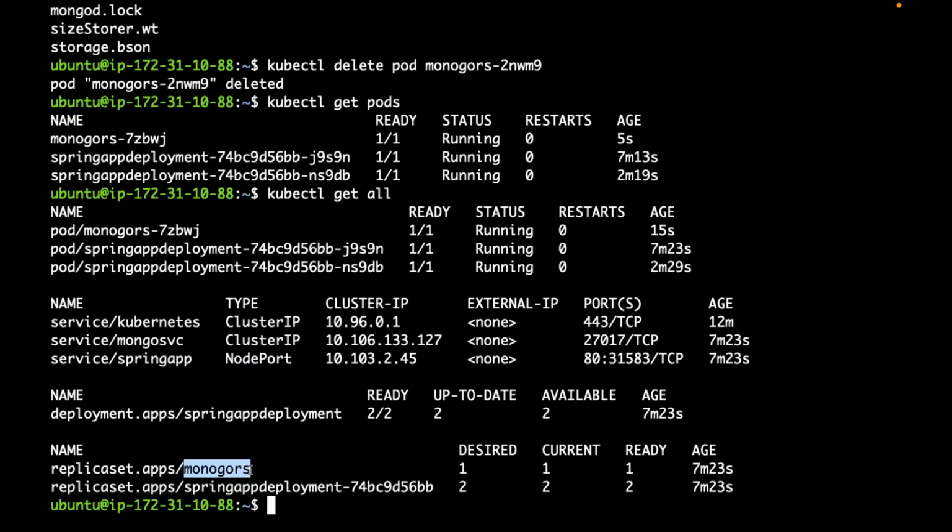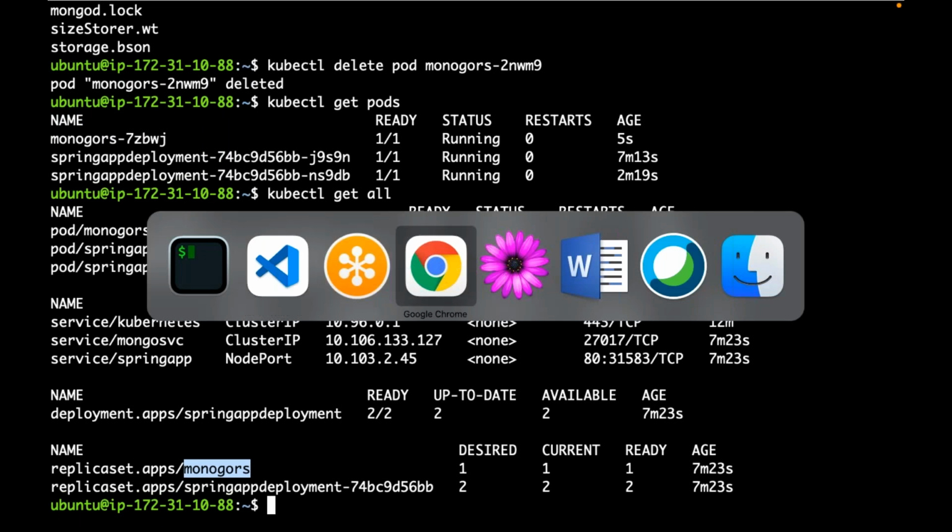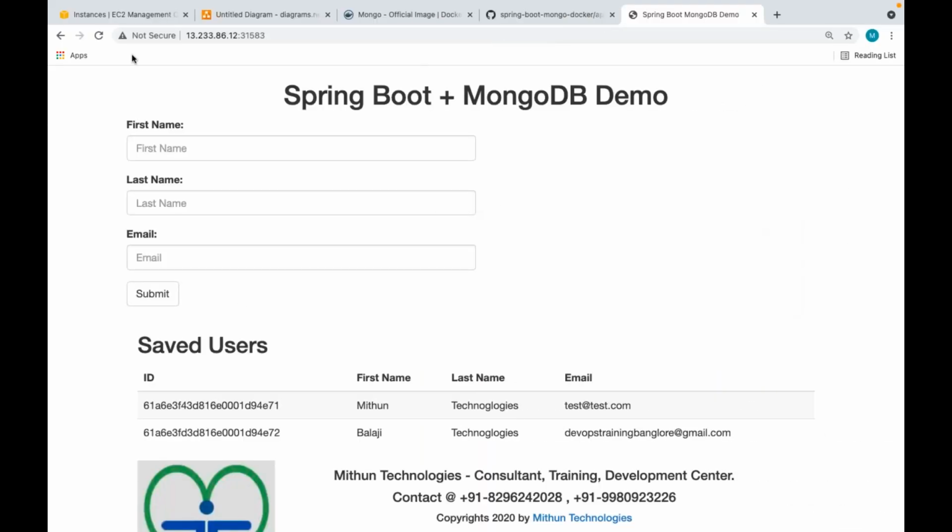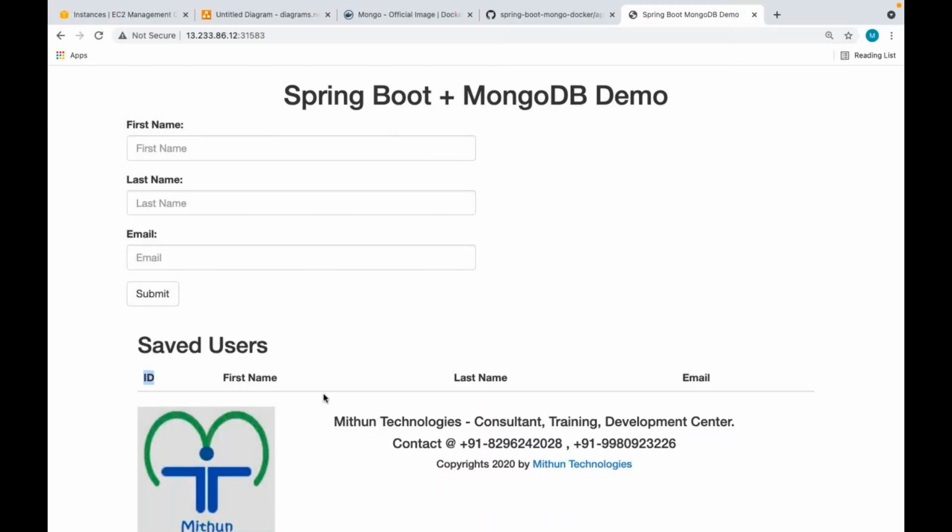Does this RS look after that pod? Yes. My database is back. But what about the data now? Why don't I see any data?